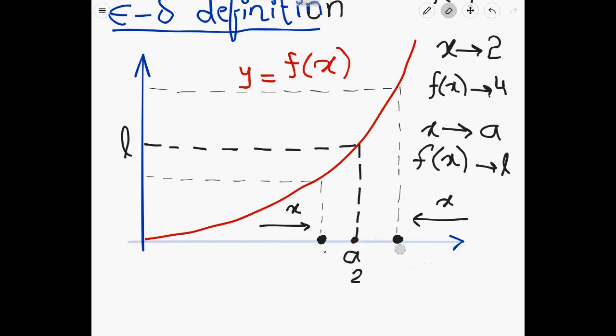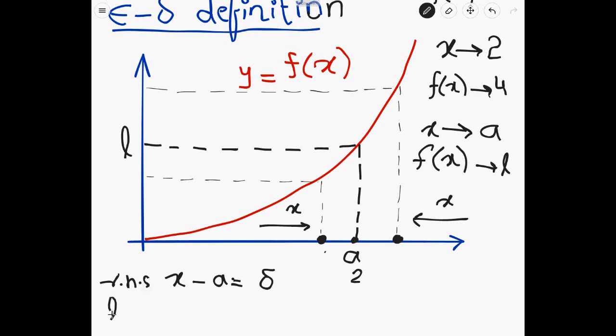Instead of writing 0.1, I will assume that the difference between point x, which is right here at this point, and the point A is, let us say, delta, when you are going from the right hand side, RHS, to point A. Similarly, when you approach point A from the left hand side, then at this highlighted point the difference is